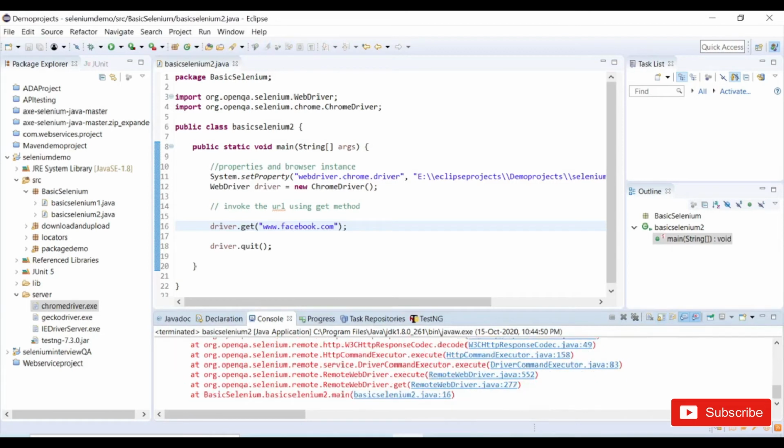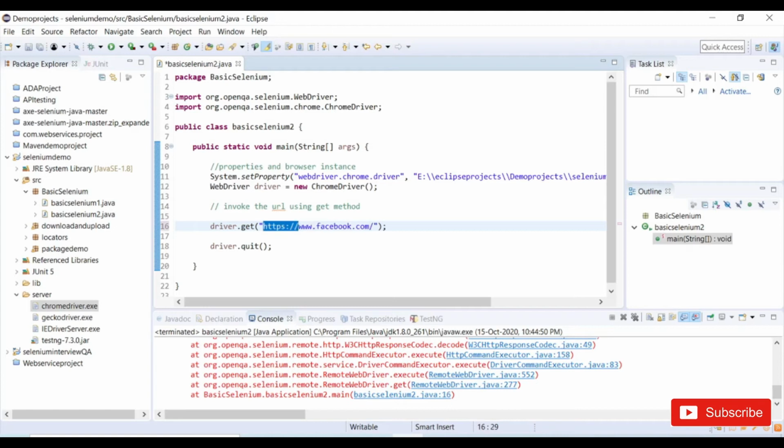It is because of invalid arguments, because the get method should be using HTTP or HTTPS. Without this you cannot launch any URL. So you need to use this to launch any application URL. So this is the get method.